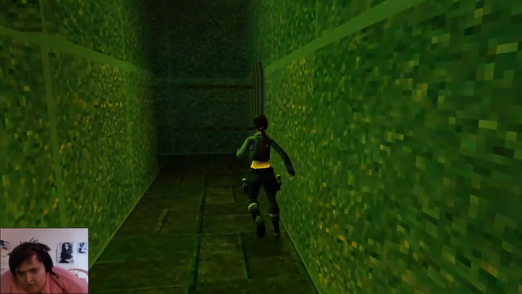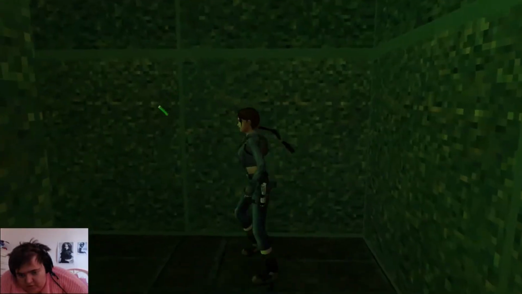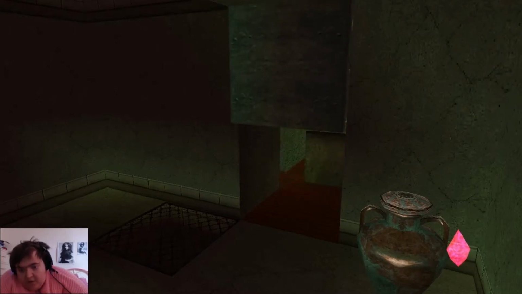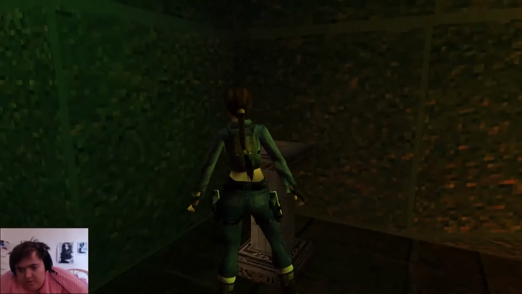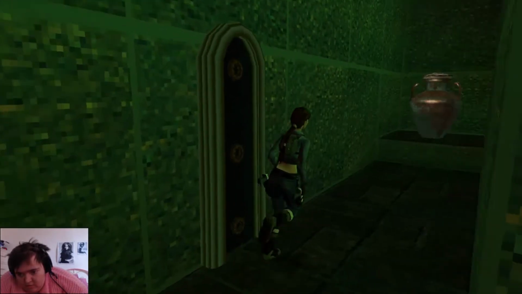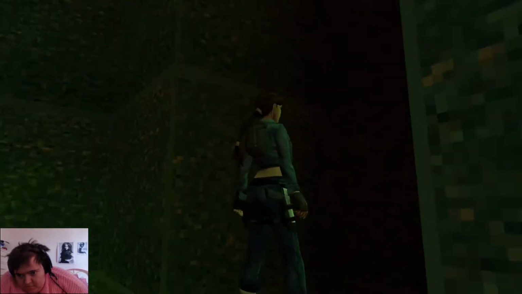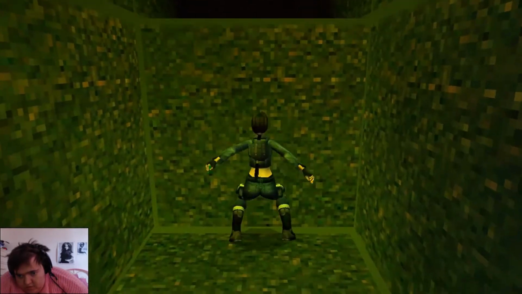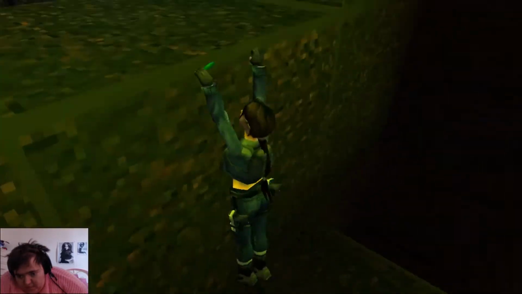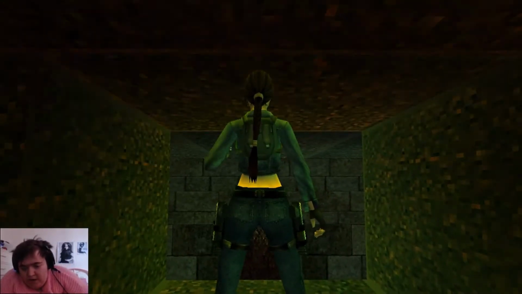Be careful here, there are some spikes. Once they've retracted, go through. And around the corner here is another red gem. Another gate opens. Be careful of the spikes. Climb back up. And then climb back out. And you can just fall out the hole, and you won't go into the spikes, you'll land on the edge of the...